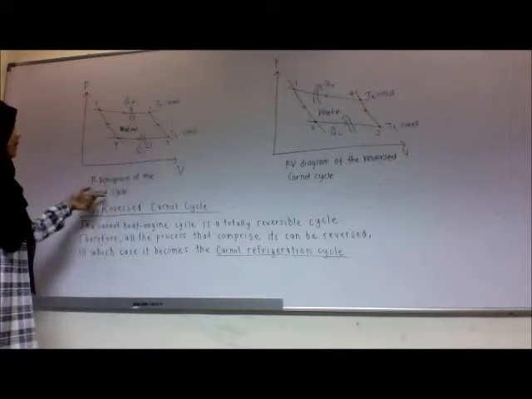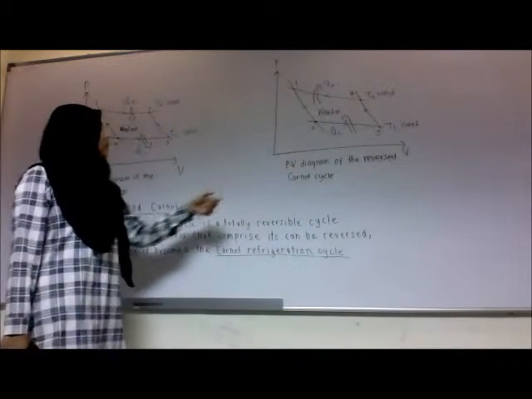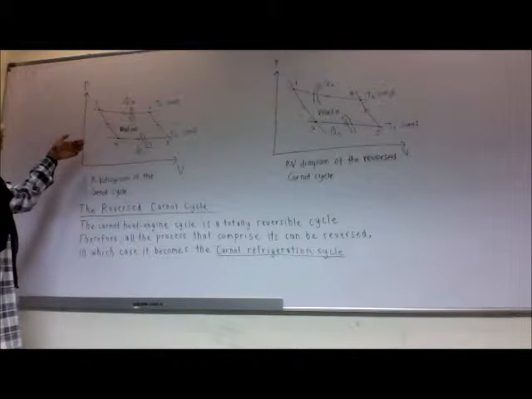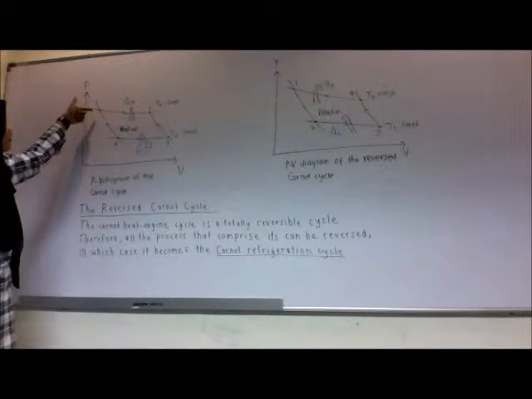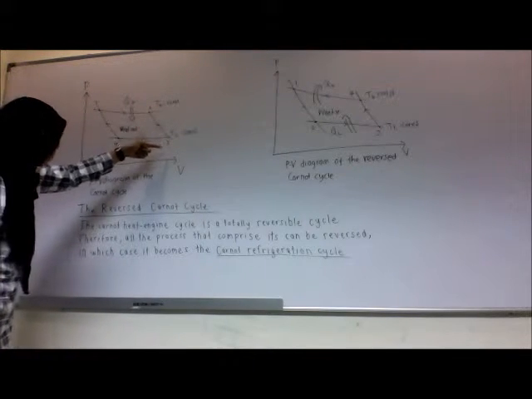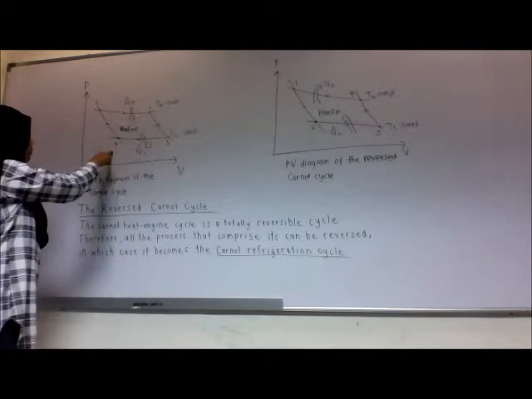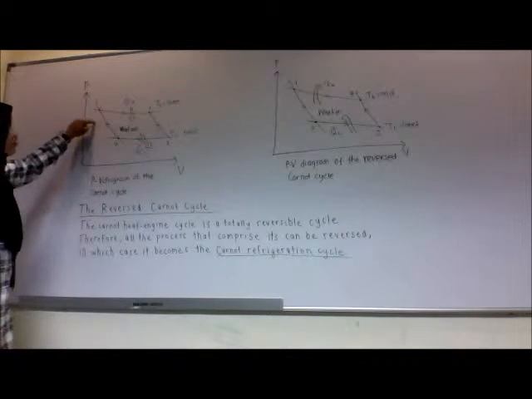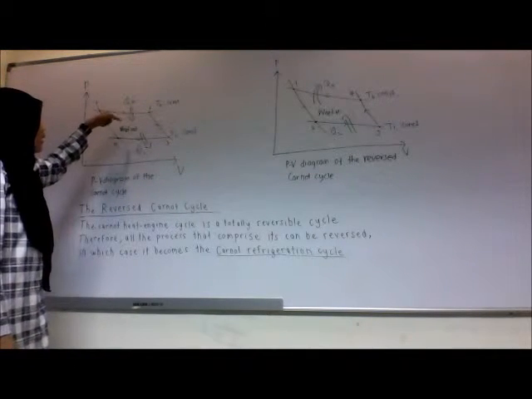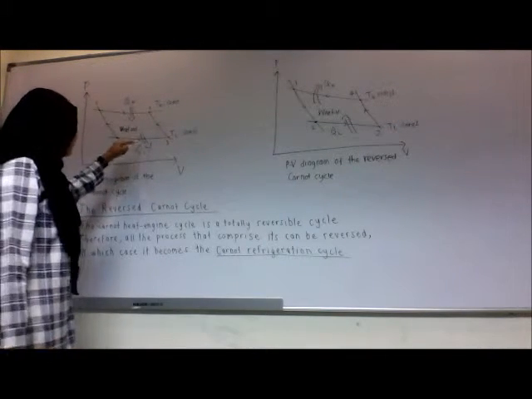PV diagram of the Carnot cycle, and this is the PV diagram of the reverse Carnot cycle. So for the diagram of the Carnot cycle, we can see point 1 to point 2, from point 2 to point 3, and lastly from point 3 to point 4 and back to point 1. So we can see QH going into the system, but QL going out of the system, where TH and TL are